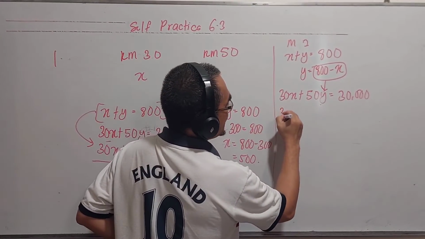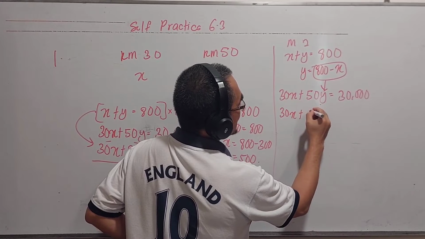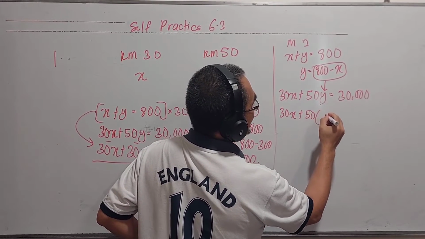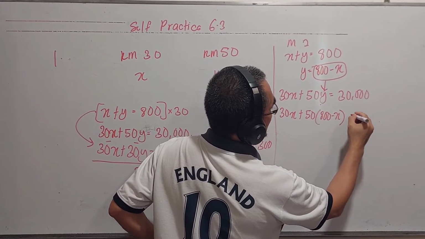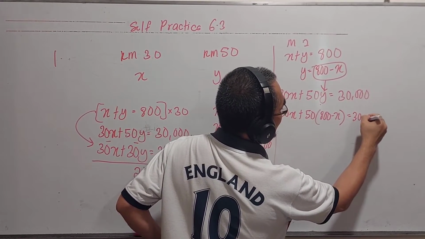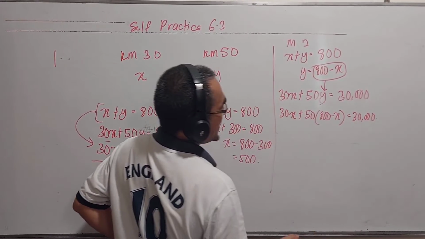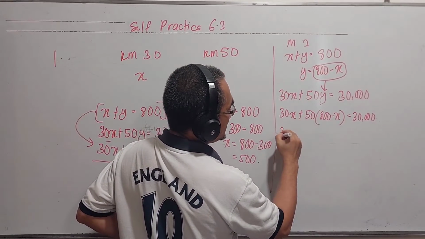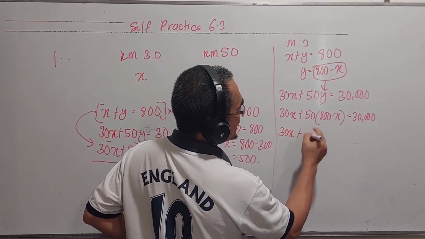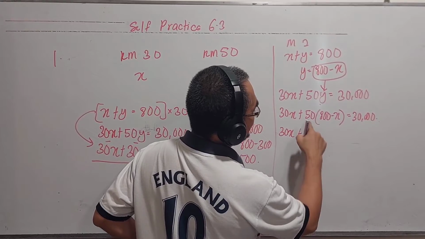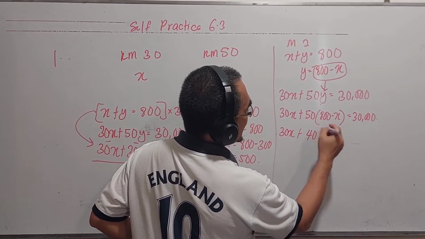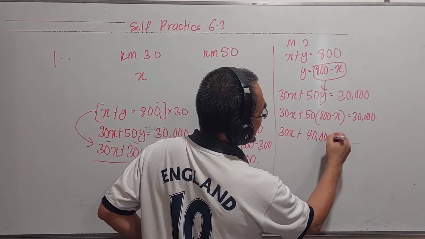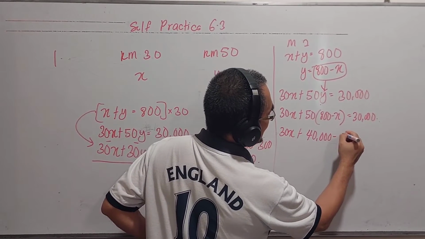So we have here 30x plus 50 multiplied by 800 minus x equals to 30,000. And then expand the bracket. We have 30x plus 50 times 800. 5 times 8 will be 40, and then 1, 2, 3, we have another 3 zeros. And minus